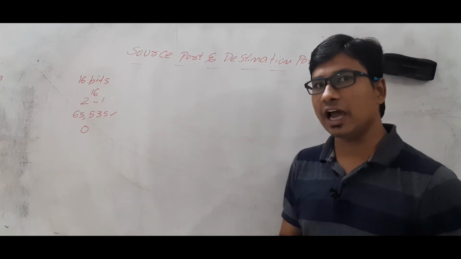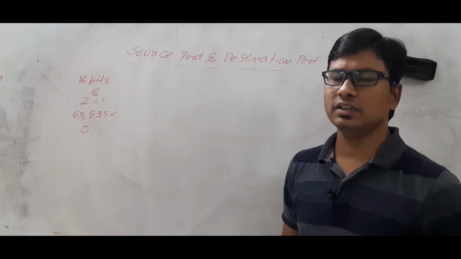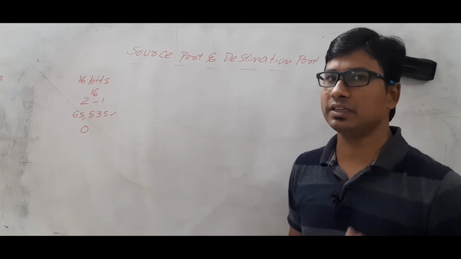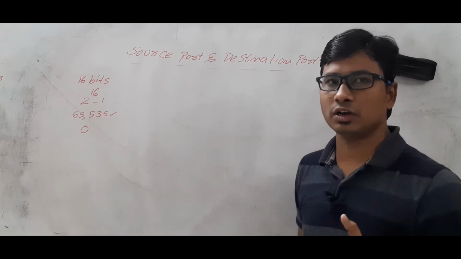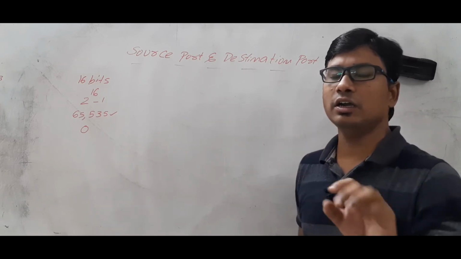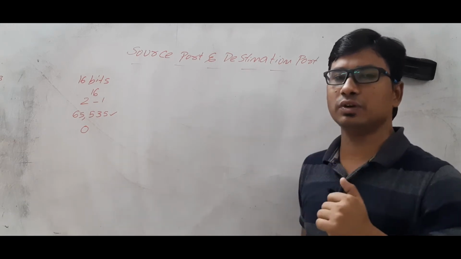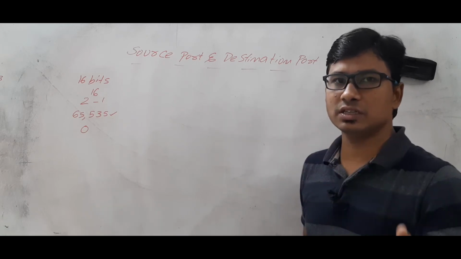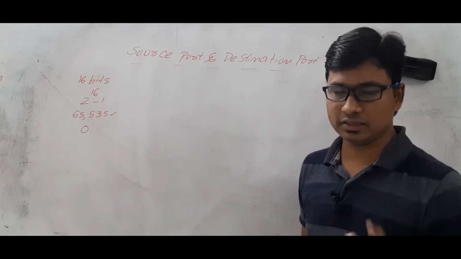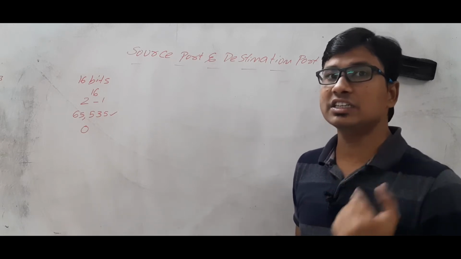Now at the destination, what is the port number we have to keep? Now the destination IP address: how can I get it? The destination IP address will be provided by the DNS, because whenever I want to access google.com, I just enter www.google.com. Then the DNS will map it into an IP address, which is the Google server's IP address. Am I right or wrong? So using DNS, I am finding the destination IP address.